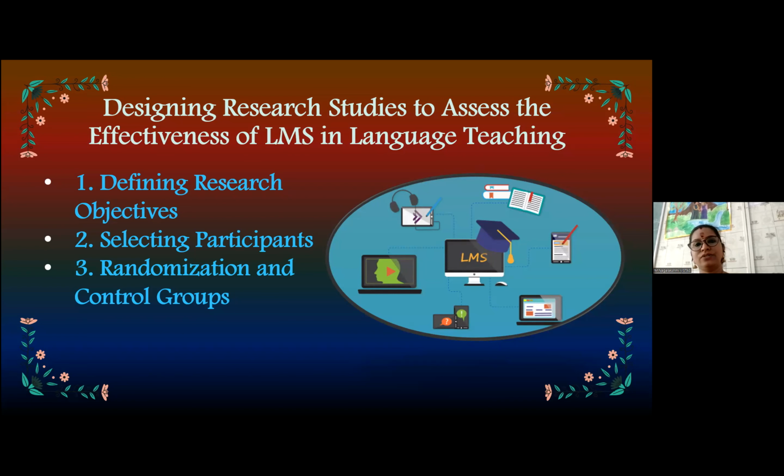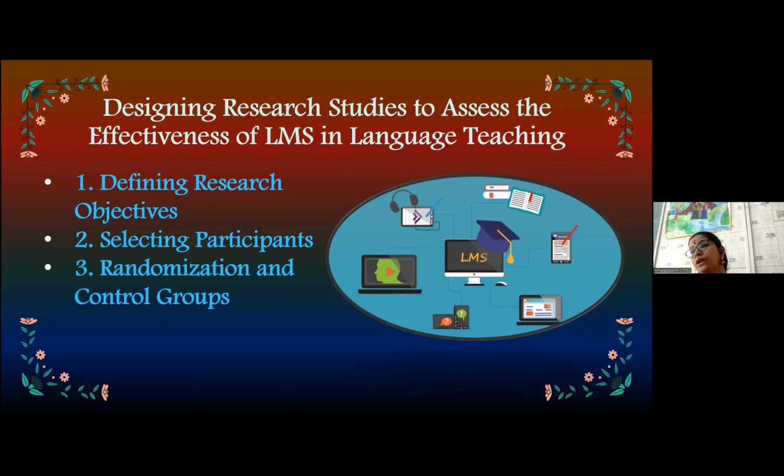When you define your research objectives, you can reframe the objectives as research questions and find the answers to your research questions to reach the outcome, right? So defining research objectives is almost key. Selecting participants. Choosing the right participant is crucial. Researchers can work with language learners of different proficiency levels, that is, broad perspectives, different ages, different levels,